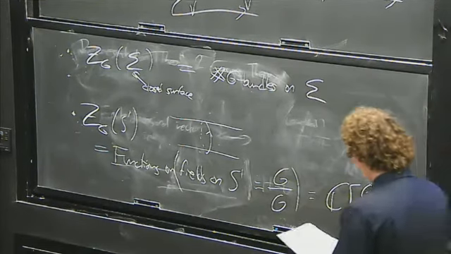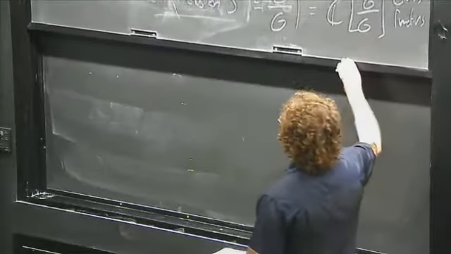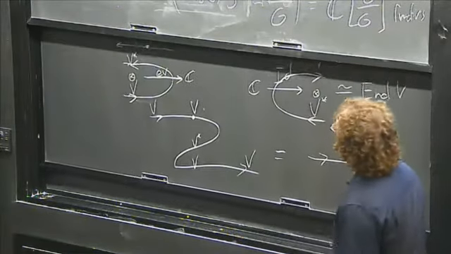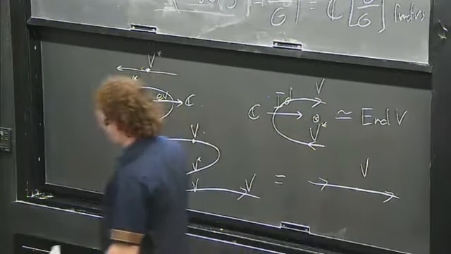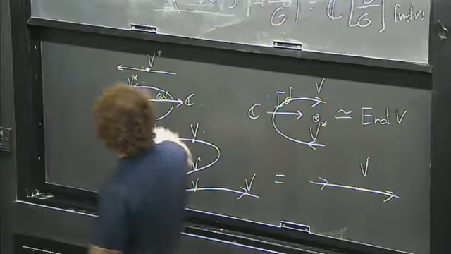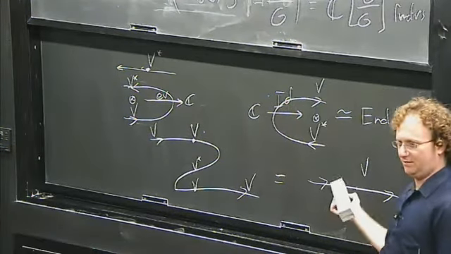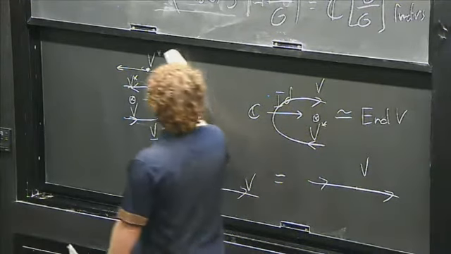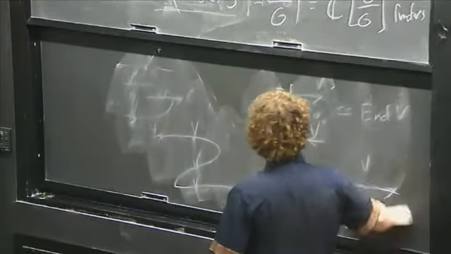OK, and now by looking at various 2-manifolds with various topologies, I can get various structures on this vector space. So a priori, it starts as a vector space. I can draw versions of these pictures, take the pictures I'm about to erase across the circle, and find out this vector space is finite dimensional, which is not a great discovery. It's functions on a finite group. But more interesting structures we can see is we can